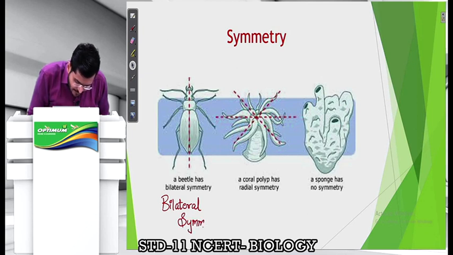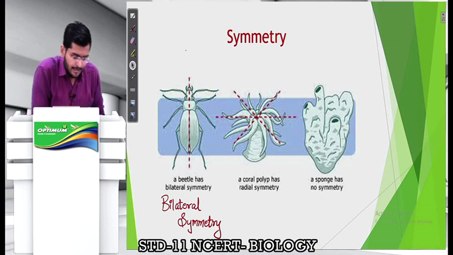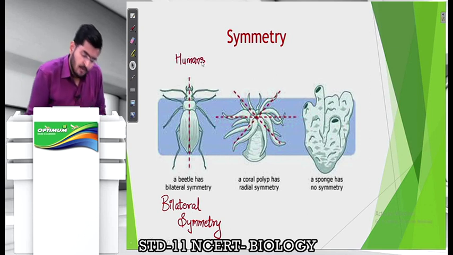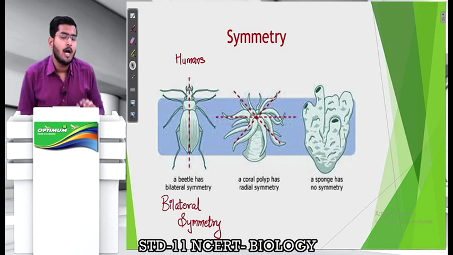So if you see the image here, यहाँ पे उन्होंने बीटल का इमेज दिया हुआ है. So आप उसको अगर सेंट्रल एक्सिस में काटोगे तो आपको बीटल के 2 इक्वल हाफ मिलेंगे. Even in case of humans, we have bilateral symmetry, right? So when you cut an organism along the central axis and you get 2 equal halves, you are going to refer to it as bilateral symmetry.